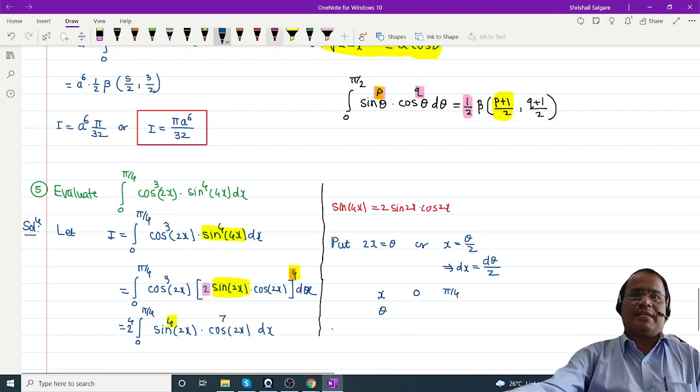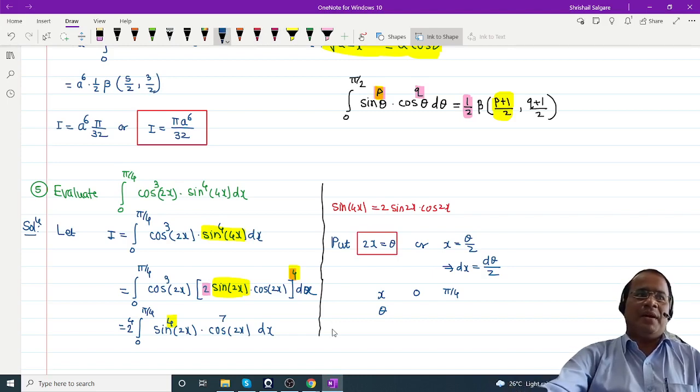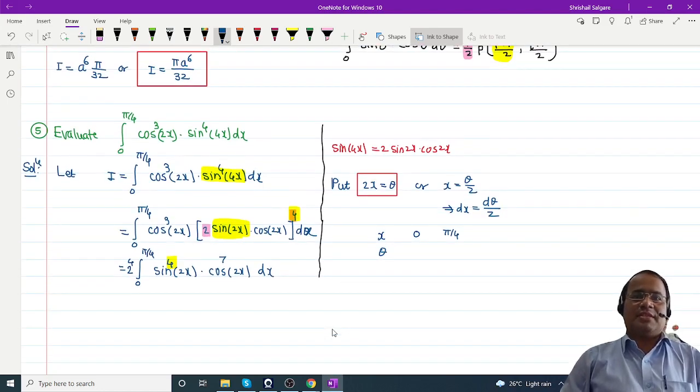Now I will use the substitution to find the new limits. Which variable are you finding? Theta, so I have to use this relation. Now x is equal to 0. What is theta? You have to unmute, I will help. Suresh Patil. Okay, Suraj Suryavanshi. Yes, sir. What is the value of theta?